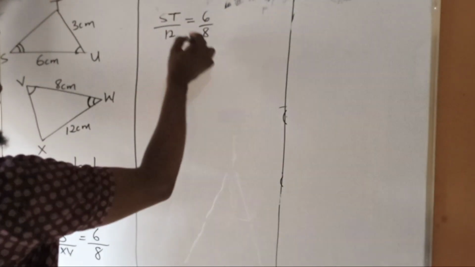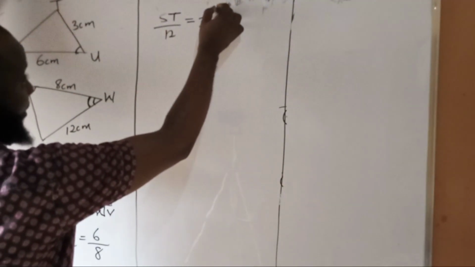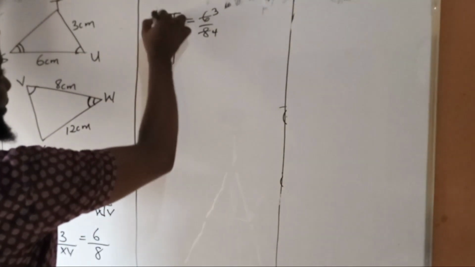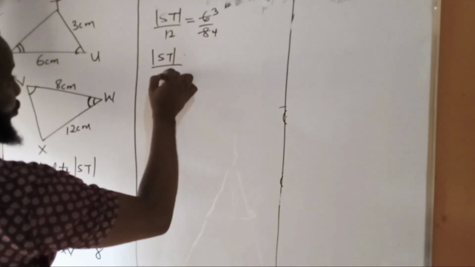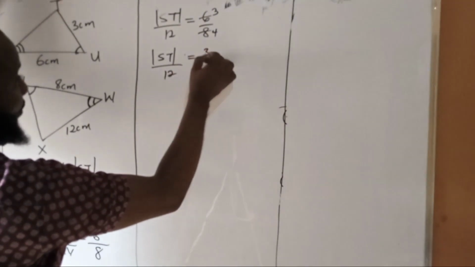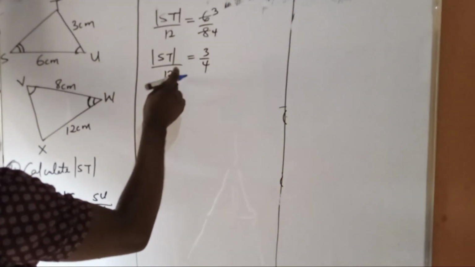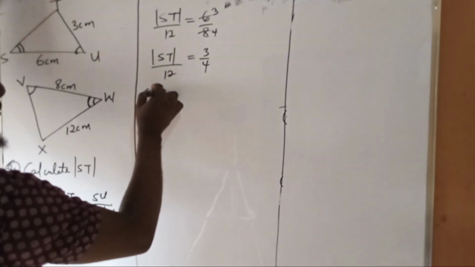To find the value of ST, 2 can go here 3, 2 can go here 4. So I can have ST divided by 12 equals 3 over 4. By the time you cross multiply, you have